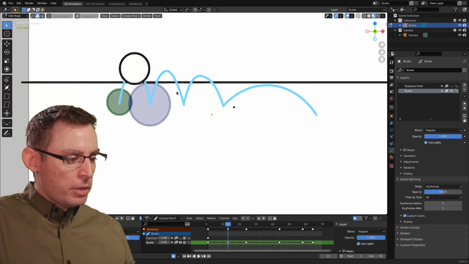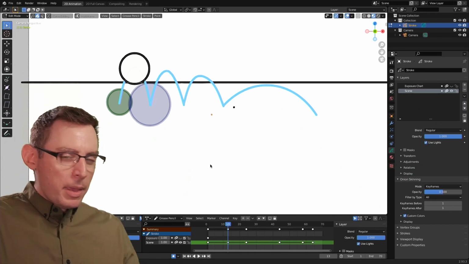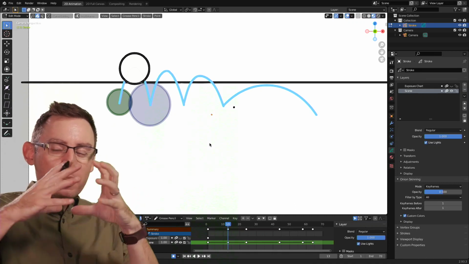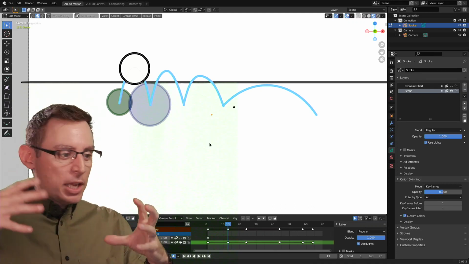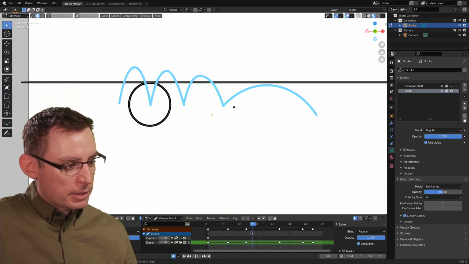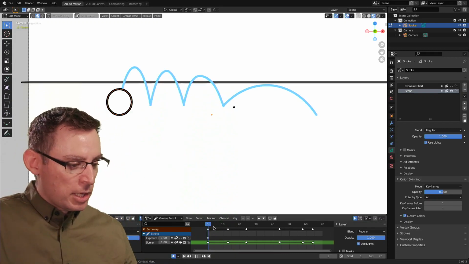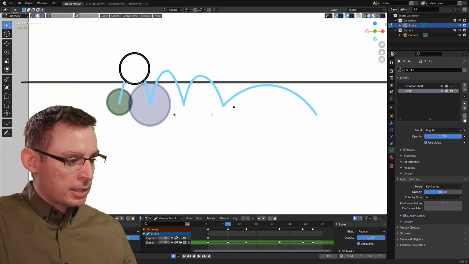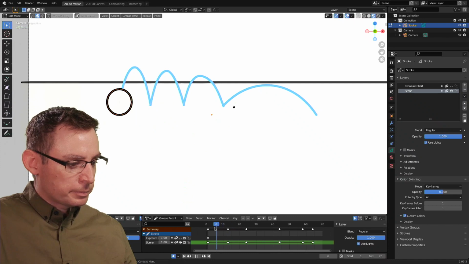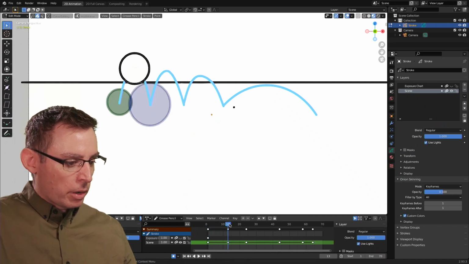We don't want to make it this big. That's way wrong. That's where it needs to end up. But it's not a 100% increase in size. It's just a small little increase in size, because at the top of its arc, it's still bouncing forward. So it hasn't achieved the size that it's going to hit here yet. Okay, there we go. So there's that arc.